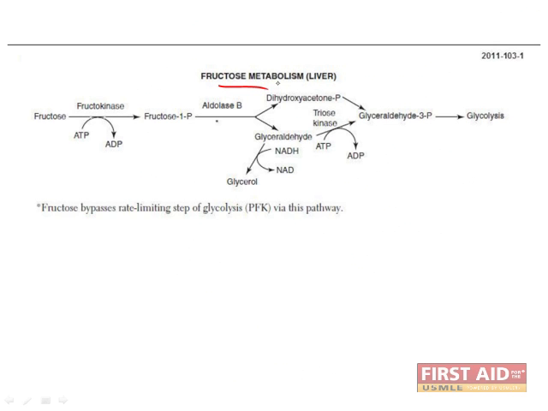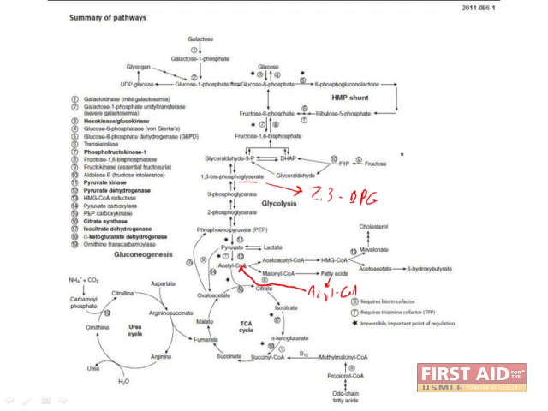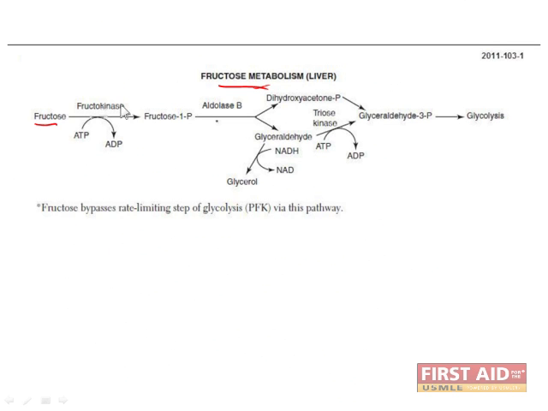Fructose metabolism is important because it converts dietary monosaccharide fructose into a substrate for glycolysis and energy production. As you can see in this diagram we covered a few minutes ago, fructose can enter glycolysis partway through the pathway. Normally, it's converted to fructose 1-phosphate by fructokinase in the liver. The enzyme aldolase B then converts fructose 1-phosphate to dihydroxyacetone phosphate and glyceraldehyde. Triose kinase can then combine these two to make glyceraldehyde 3-phosphate, which then enters glycolysis.